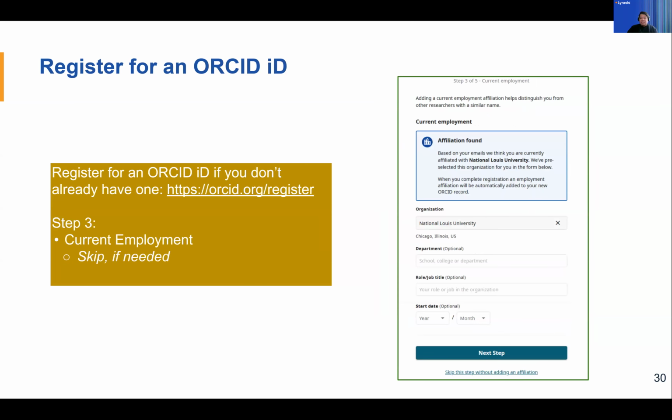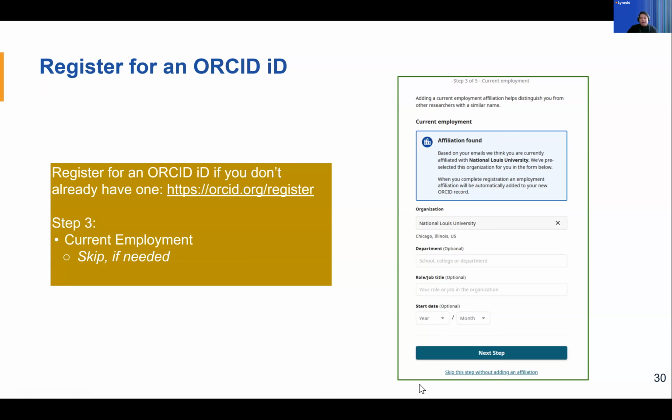And then current employment, or affiliations. If you want to affiliate right away, you can do that here. And this is typically based on that email address. So if you're using Howard, for example, it will probably mention the current employment. You can enter that here. Now, even though that's kind of automatically done there, you can skip this step. You don't have to do this part of affiliation, but it's always a great idea to affiliate. If you're a student, you can affiliate later on. But you see down the bottom, this says skip the step without adding an affiliation.